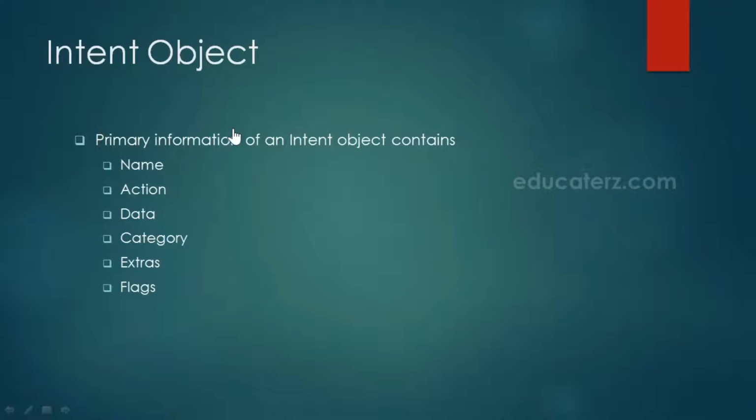There is a small piece of information in every intent object. It contains a name, action, data, category, extras, and flags. Just like when you work for some company, you hold a company name, and there you find an employee ID, and you work on some technology. There is a set of primary information available to read when an administrator looks up your employee ID and it returns something. In the same way, an intent has a small amount of information about your objects.